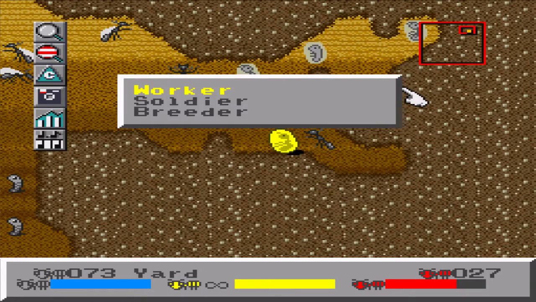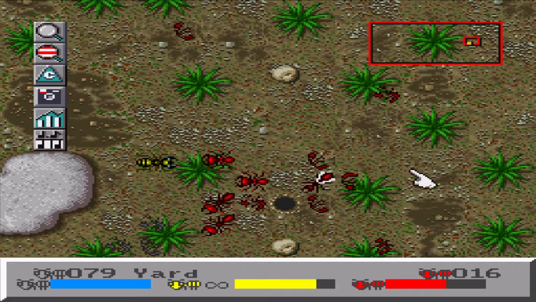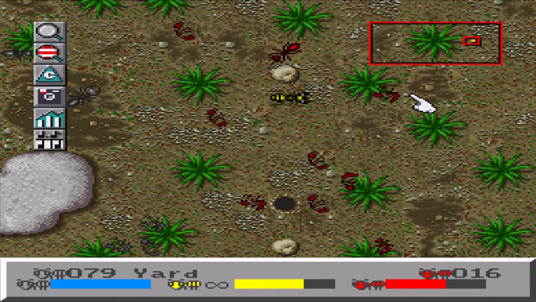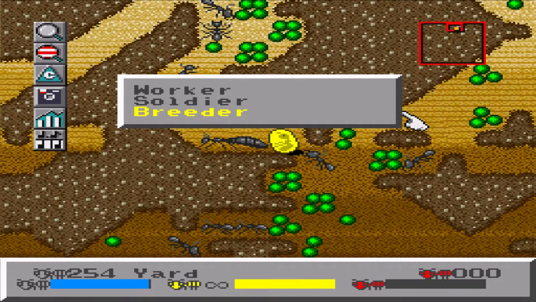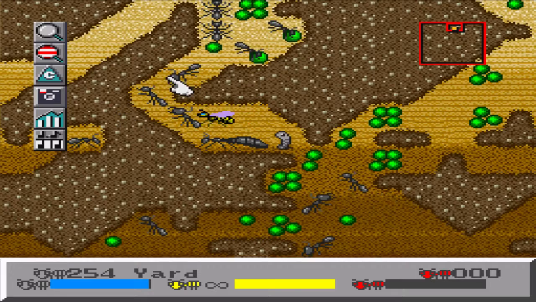Well, at least now we can change what type of ant we are if we want. Worker ants dig, forage, and nurse and all that fun stuff. Soldiers can also do that too, but they're also strong and less likely to die, making for the perfect general. You can also be a breeder and, well, other than looking cool, there's no point, cause they can do absolutely